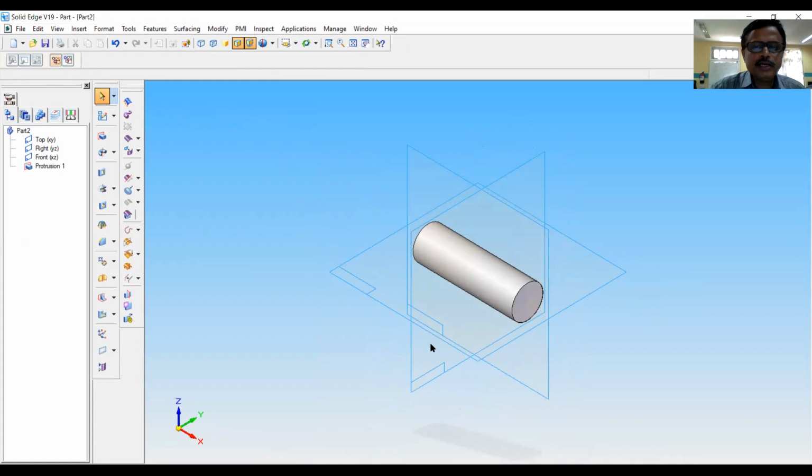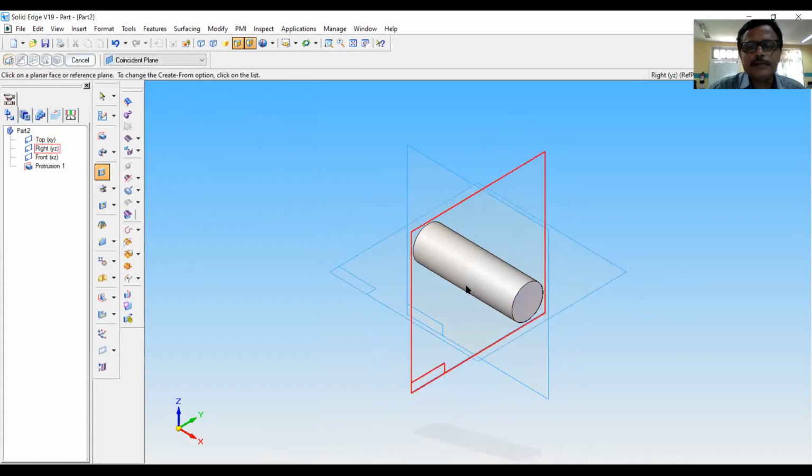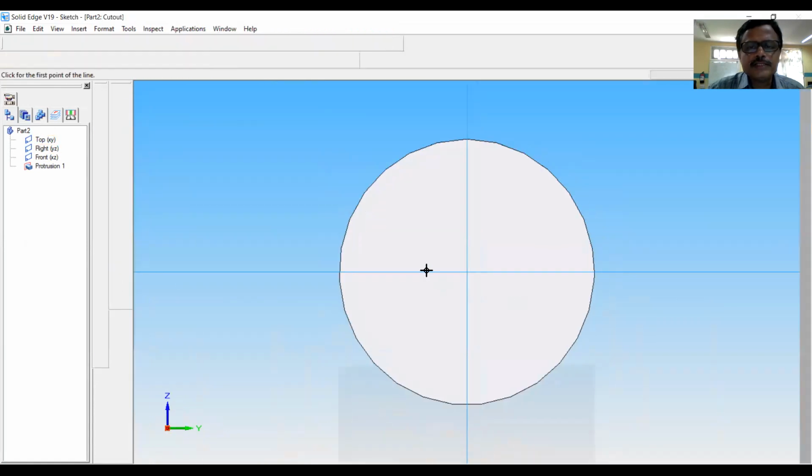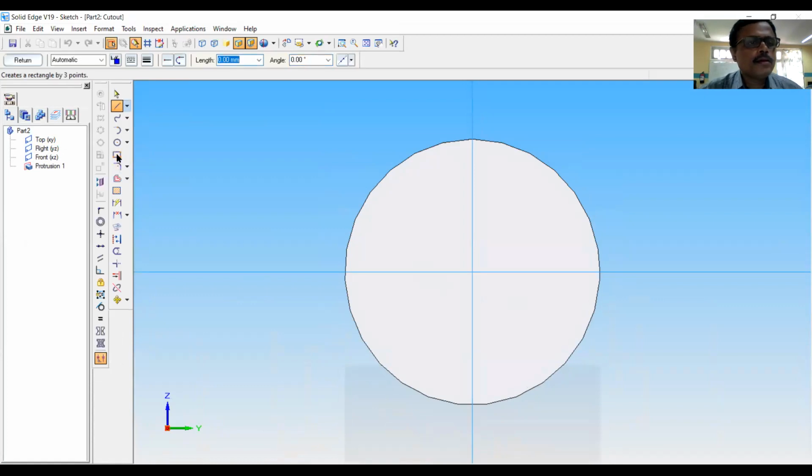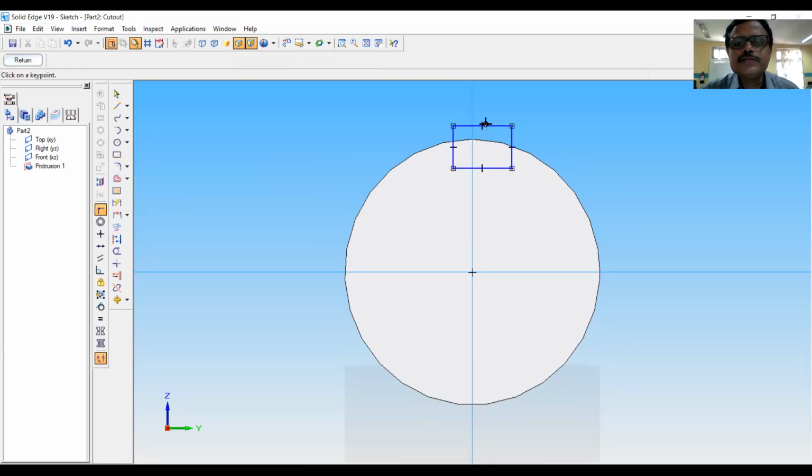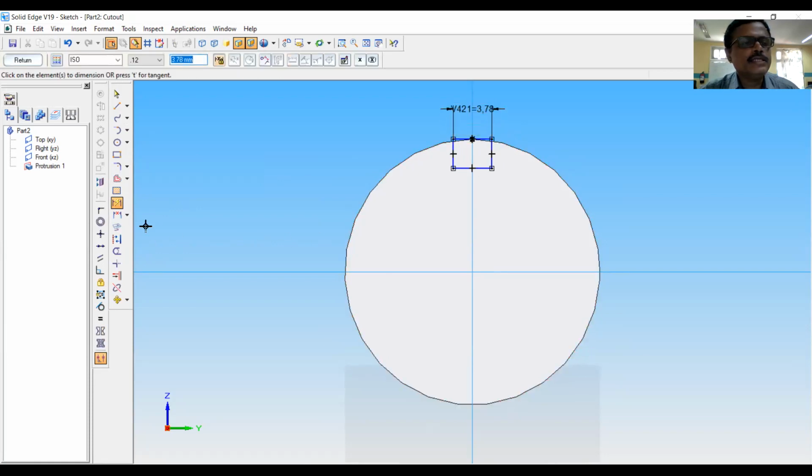Now I will cut the keyway here for the shaft. Go to cutout option. Select this surface. Draw the rectangle and connect this midpoint to here. Now smart dimension this. Let it be as it is.